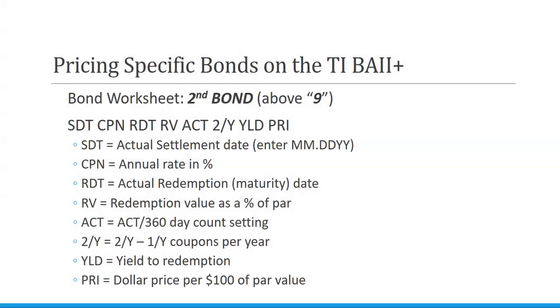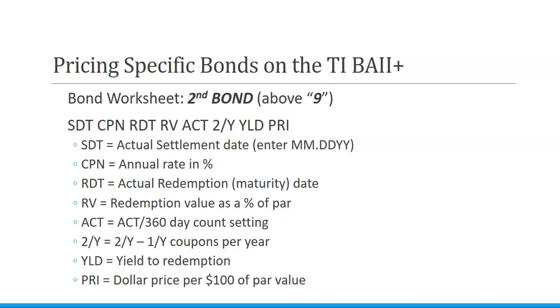So for pricing specific bonds on our scientific calculator, we have the directions. First, the STD, the actual settlement date. That's when the bond ends, or its actual maturity date. Coupon is our annual rate expressed as a percentage. So the actual redemption or maturity date, the redemption value as a percentage of par, how many coupons we have per year, 1 or 2, our yield to redemption, which is yield to maturity, and then the dollar price per